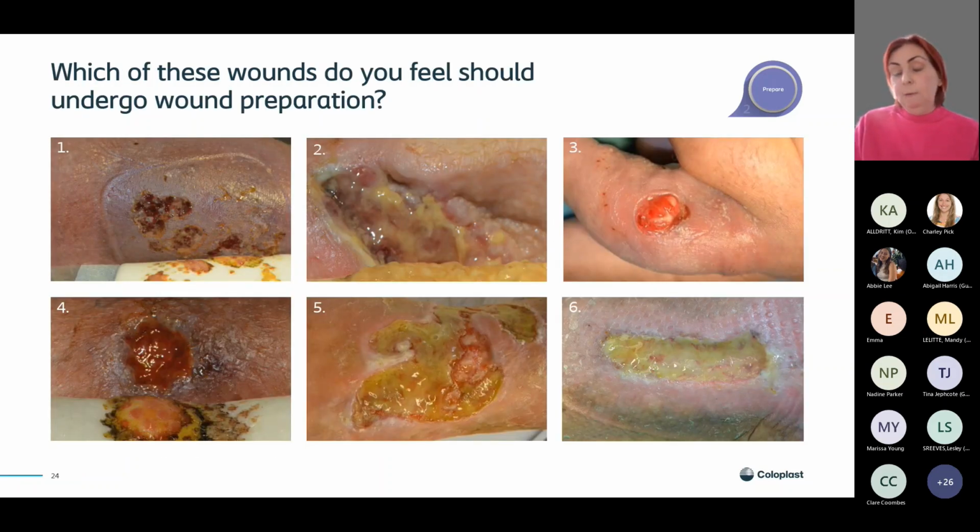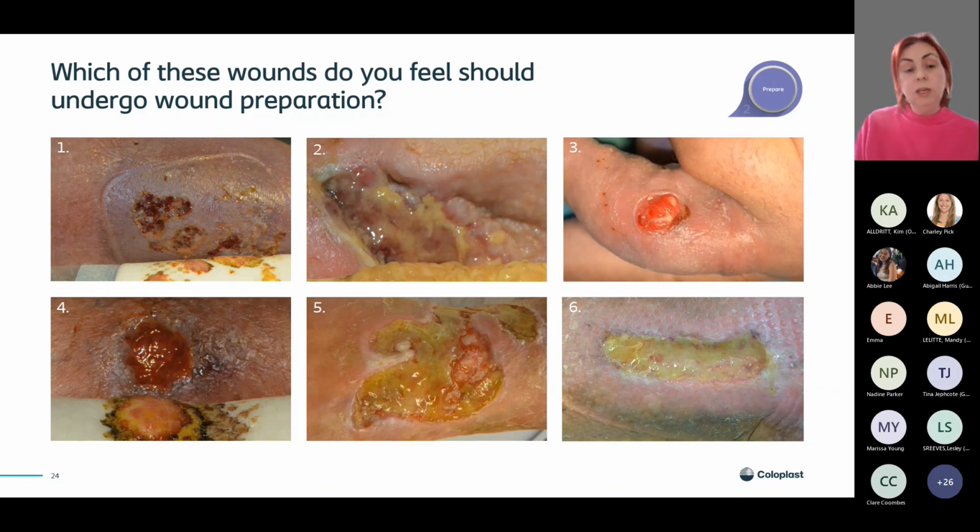Now I'm going to ask you to join in with us, engage with us in the chat function. As I said, I can't see it, but my good friend Charlie is going to be monitoring the chat function to see what your answers are to these questions. So I would like you to have a look at all of these wounds, and I know that Charlie is going to put a copy of this slide in the chat function for you to have a look at these wounds and consider which of these wounds you feel should be debrided, and possibly even what methods of debridement you